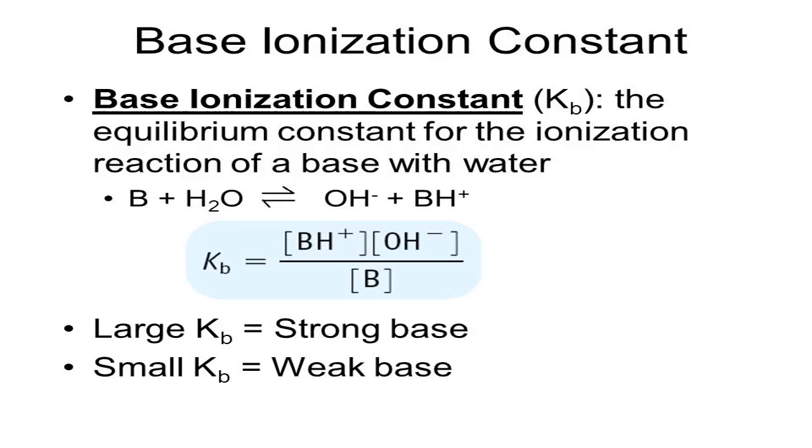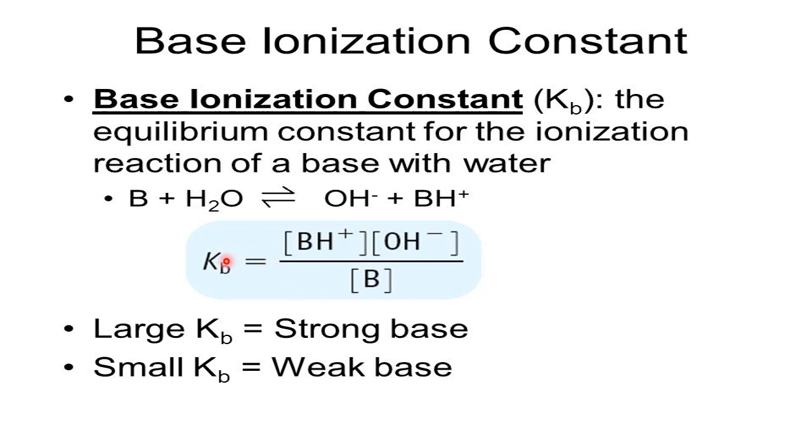Now, in the same way, we will calculate the dissociation constant for a base. This is for Kb. Now, if the Kb value is more, what does it mean? Ions are more. Ions are more means it has undergone almost complete dissociation. That is called a strong base. The larger the value of Kb, the larger the ions present in the solution. That means the base is strong.